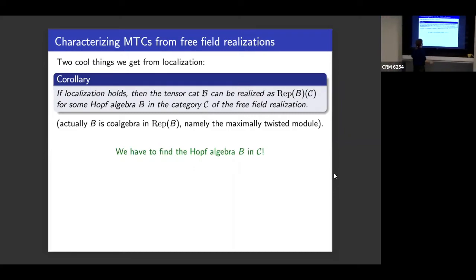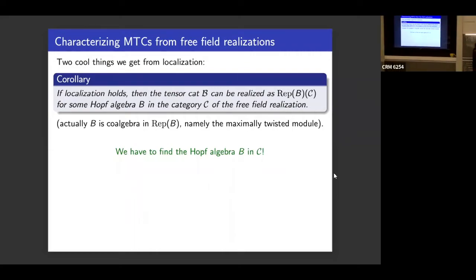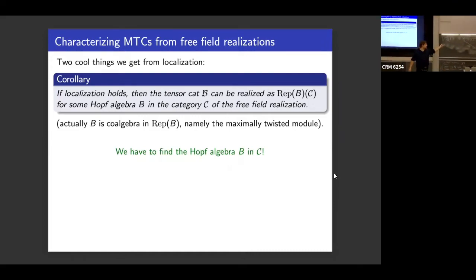So now what we have to find is what this B is. It's a well-posed question to say, given a localization extension, what is this Hopf algebra B? And if we know all of this as Hopf algebras, then Skryabin gives us a formula for B, the coinvariants with respect to the coideal subalgebra that this was built from, reduced module. So Skryabin gives us a formula for B, if we know all these as Hopf algebras, which we don't in our application, but just saying. So we have to find B somehow.